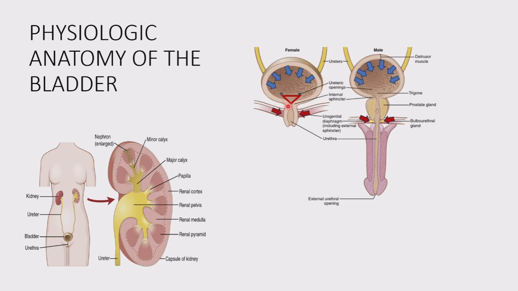At the posterior part of your bladder, you can see a triangle known as the trigone. The apex of this trigone opens into the posterior urethra, and the base is where your ureter enters. You can easily identify the trigone because of its smooth mucosa, while the rest of the wall is pretty rough, forming what is known as the rugae.